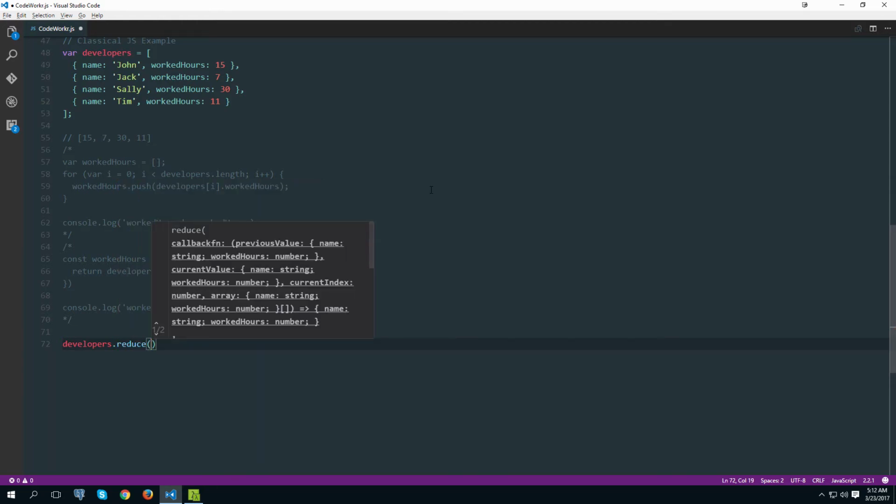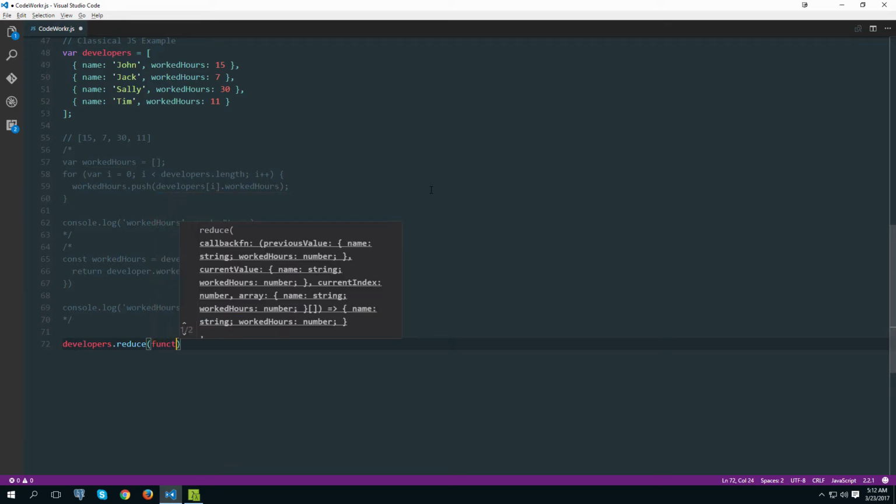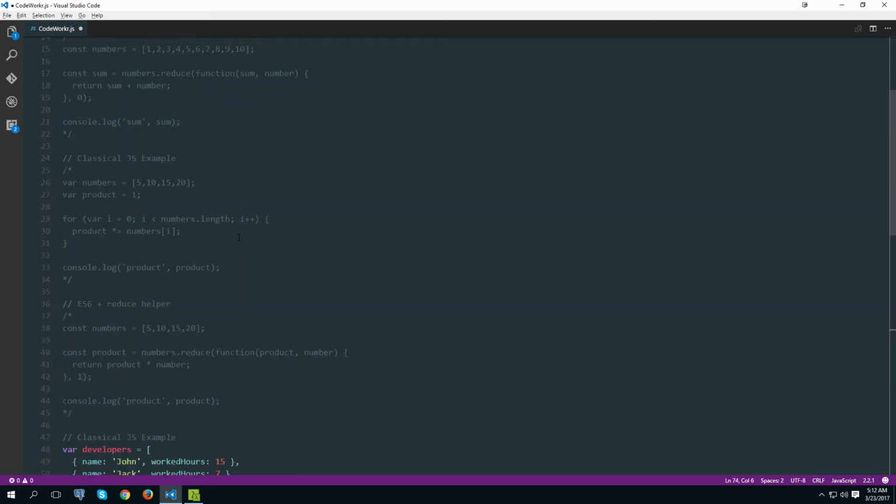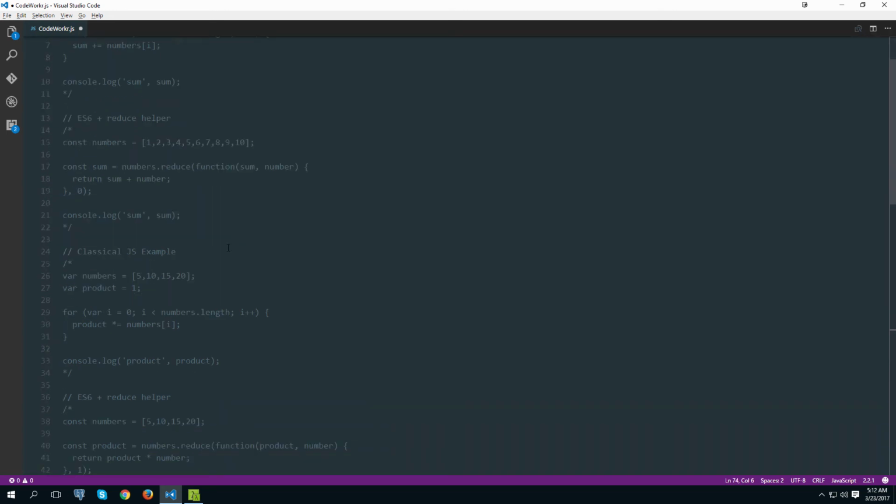Remember, the reduce helper always expects two arguments. First is a function and the second is the initial value over here. But let's think about what the initial value is. So up above we had the first initial value to be